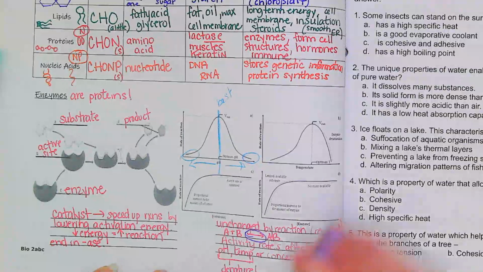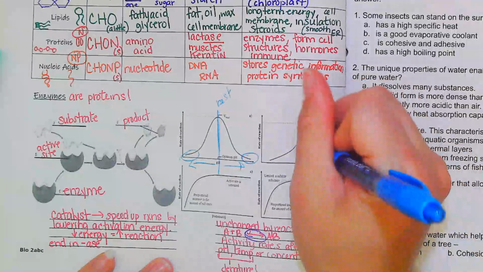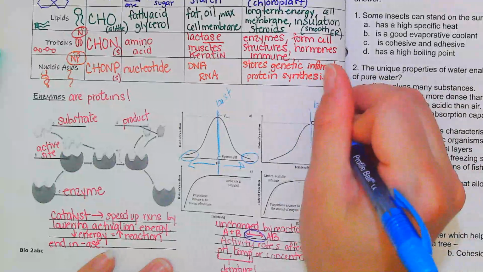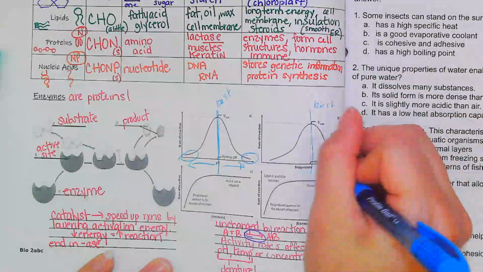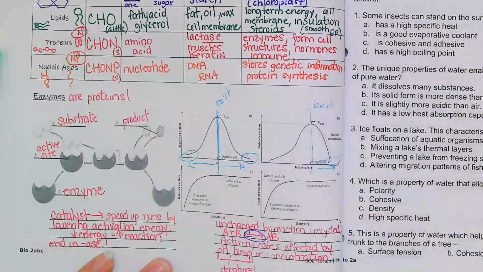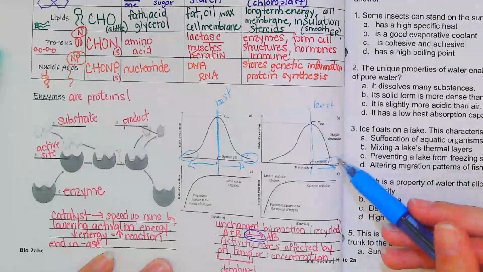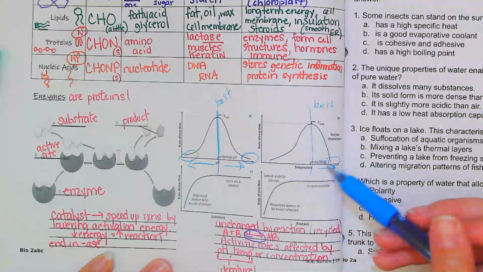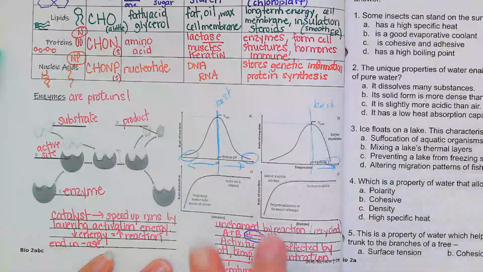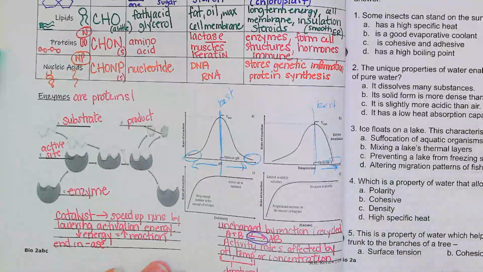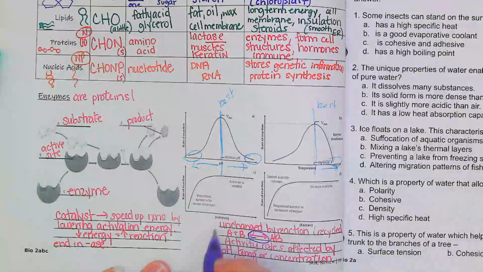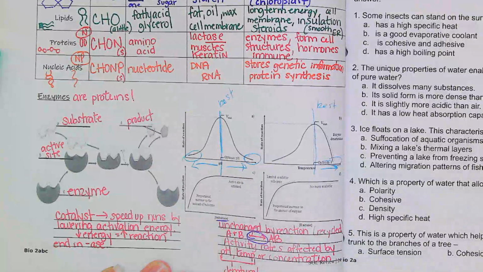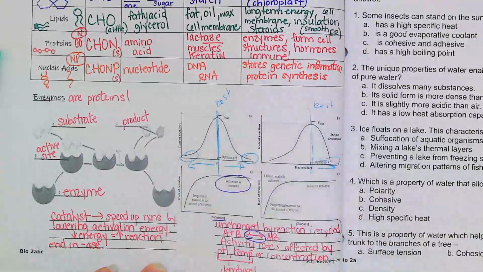In terms of temperature, they have their best temperature. Anything too high, they start breaking down. Too low, they're not doing too hot. With temperature, they don't typically denature at low temperatures. They just get very slow at low temperatures. They denature at high temperatures. Concentration can affect how much I can use. If I have a lot of substrate, eventually I'm going to run out of enzymes. All my active sites get saturated.